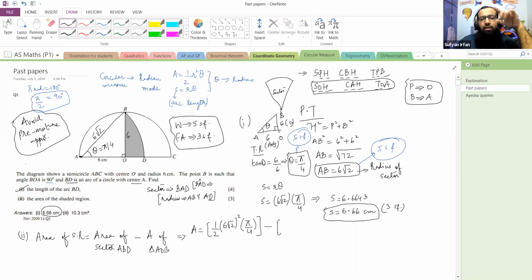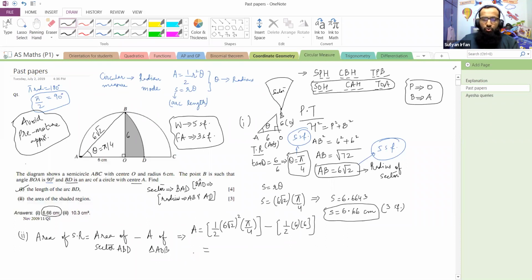If it's a non-right angle triangle, the formula that we use is half AB sine C. However, if it's a right angle triangle, the formula that we use is half into base into height. We can all see that AOB is a right angle triangle. Therefore, the formula half into base into height is workable. Base is 6, height is also 6. We can see base and height are always perpendicular to each other. So we can use the formula half into base into height. Then if you subtract both, we are definitely going to get the right answer.